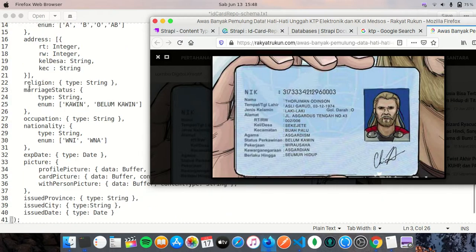And then I configured the data type of religion to string. Occupation is also string. Nationality, there are only two nationalities, which are WNI or WNA, where WNI is Indonesian, and WNA is people who hold nationalities other than Indonesian. For expire date, I have set to date,